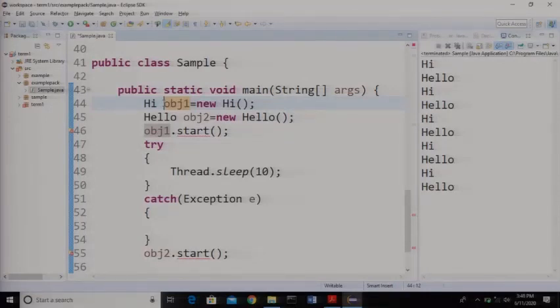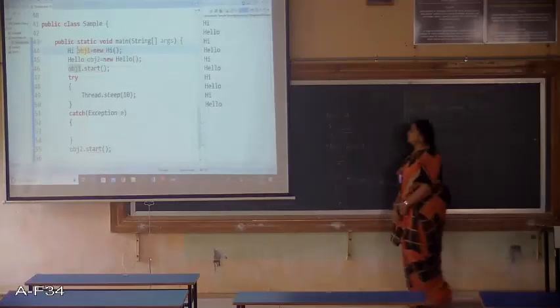See, the start method is present in the thread class. So whenever you want to call any method from the thread class, we have to use the object of the thread class, then the dot operator and the name of the method. So this is how we call the methods, right? But are these object 1 and object 2 objects of the thread class now? No. They are no more objects of the thread class.